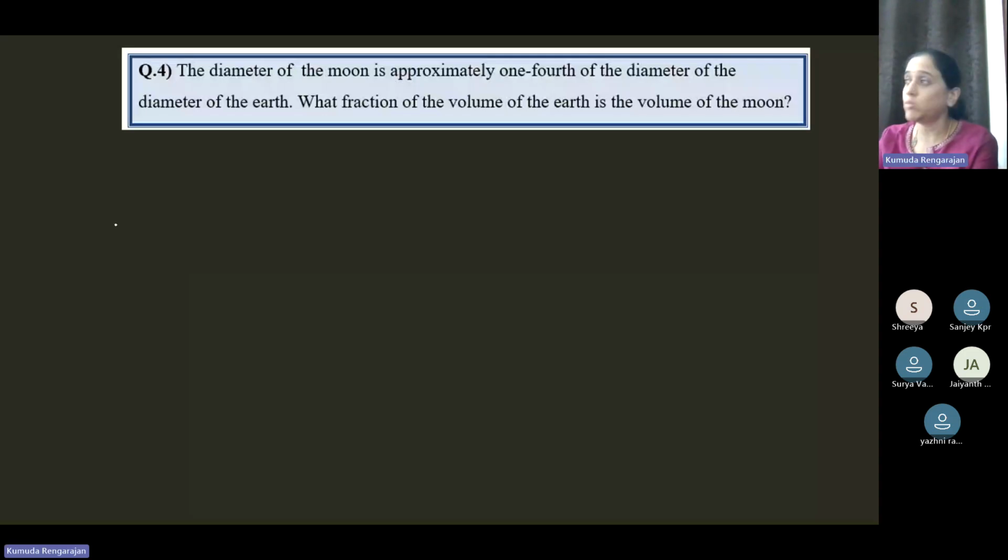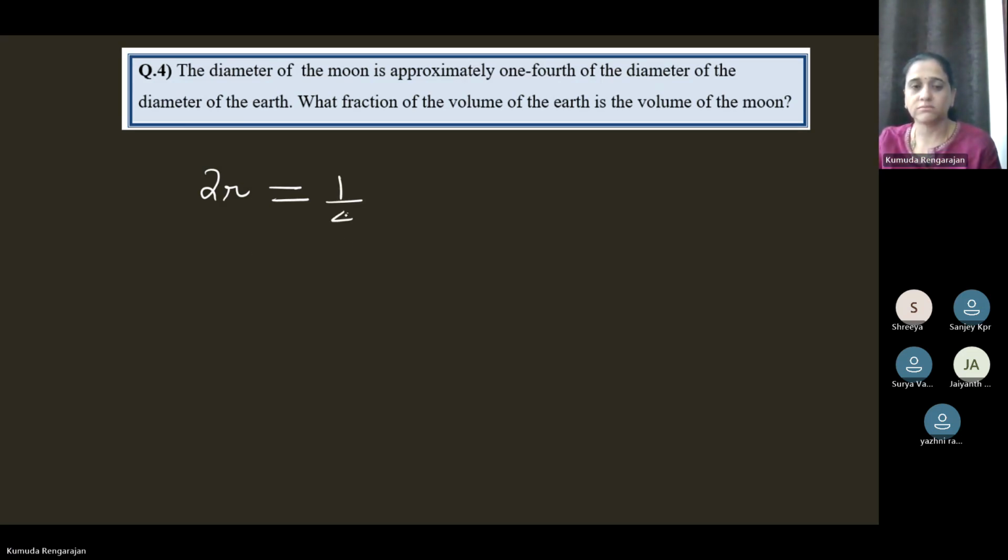The diameter of the moon. There are two things in this question, moon and earth. We know that in size or in volume, the earth is bigger than the moon. What is the diameter? Twice the radius. As I read, I'm going to construct the equation. The diameter of the moon, correct? Yes. Is approximately